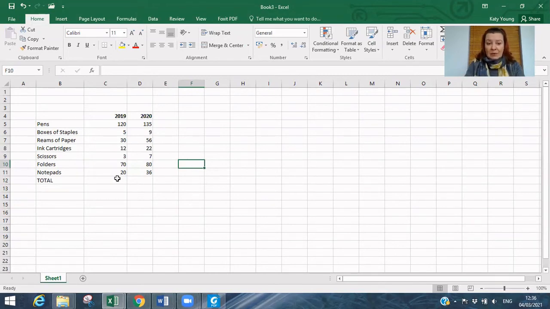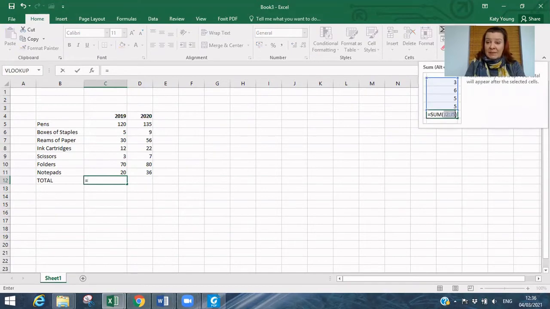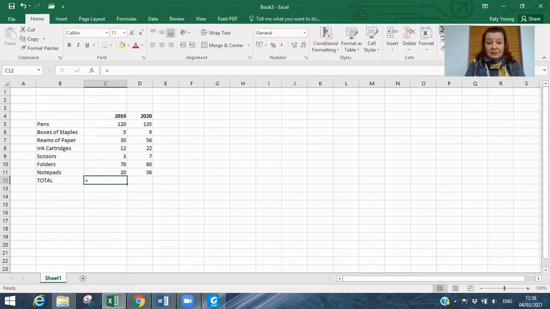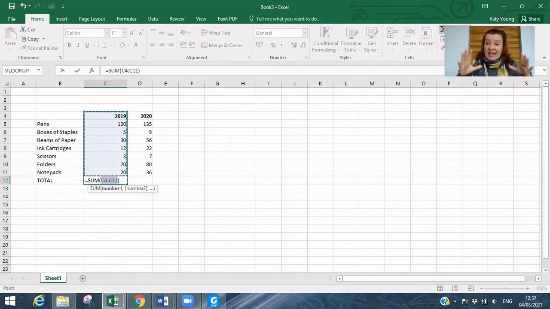So the same as before, in my active cell where I want my total to appear, I press equals, and then I'm going to move to my Autosum and I'm going to double click. And look what's happened this time. Excel has used its intelligence and its predictive nature, and it's seen a list of numbers above that it thinks it wants to total. However, in this case,